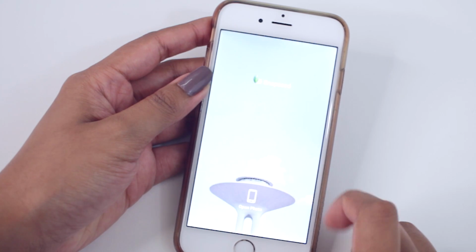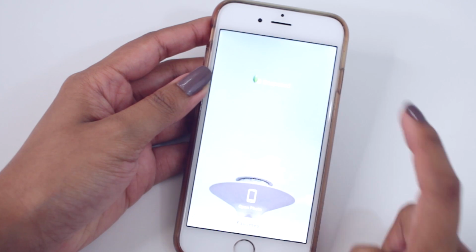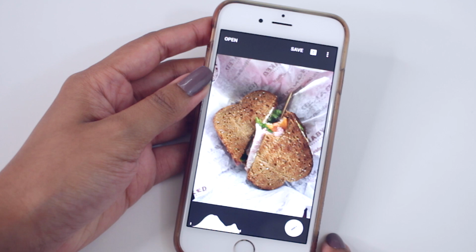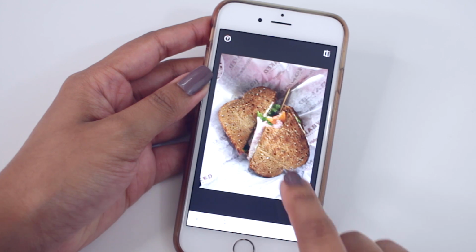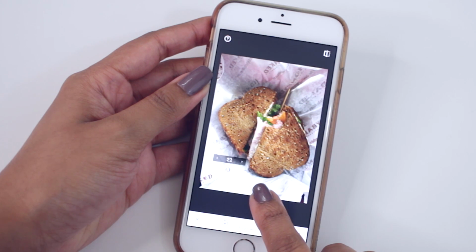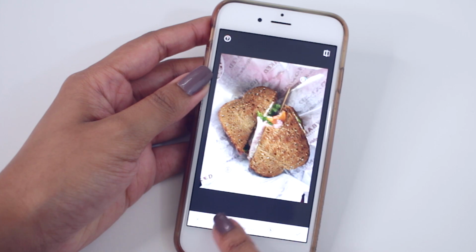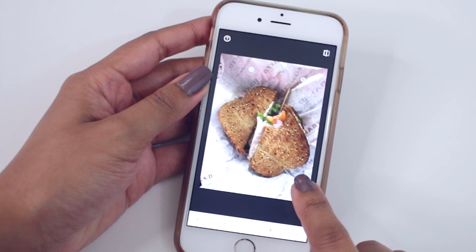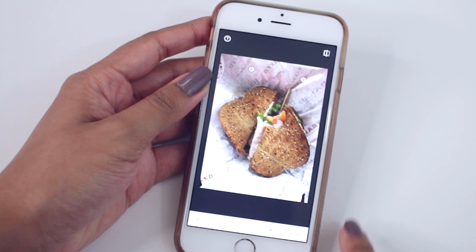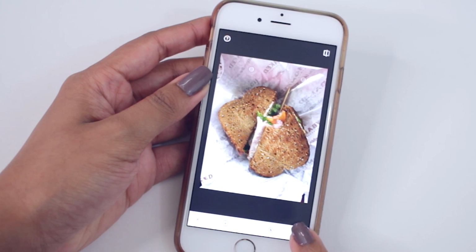So let's start with the food pic. Snapseed is my second favorite app. I love this because it has detailed and selective tools that I can use. So I like to use this for my food pictures. I also like to use it if I am taking product photos or anything like that. So I have a picture of my sandwich, and I'm using the selection tool, and I'm just applying this in areas where it's darker, and then I'll bring up the brightness, and it creates an overall brightness of the photo so that there's no inconsistencies. You can spend a lot of time doing this. I don't spend that much time, but you can see the before and after.